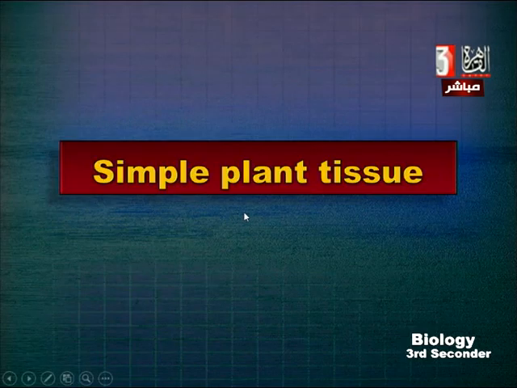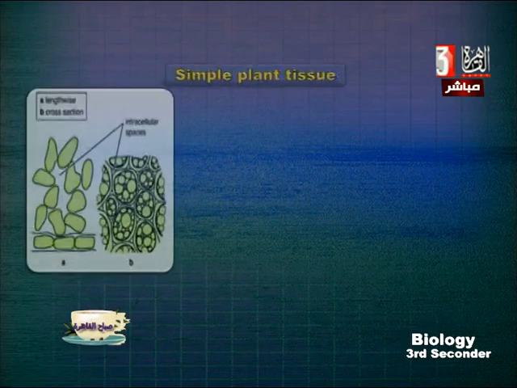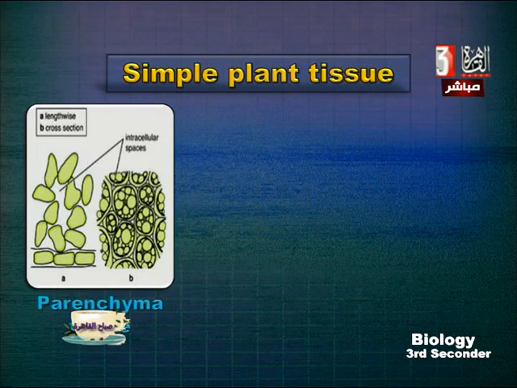Types of plant tissue. Number one, simple plant tissue. Simple means it contains one type of cell. Number one, parenchyma tissue. Parenchyma tissue is the ideal and typical plant tissue. They are oval or round in shape, found in the soft part of the